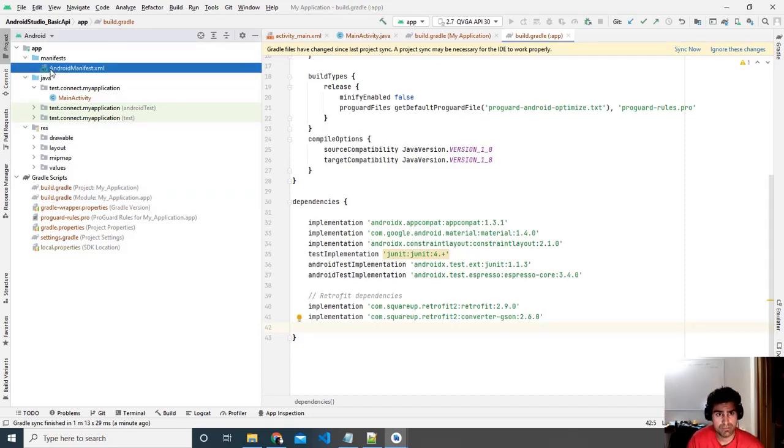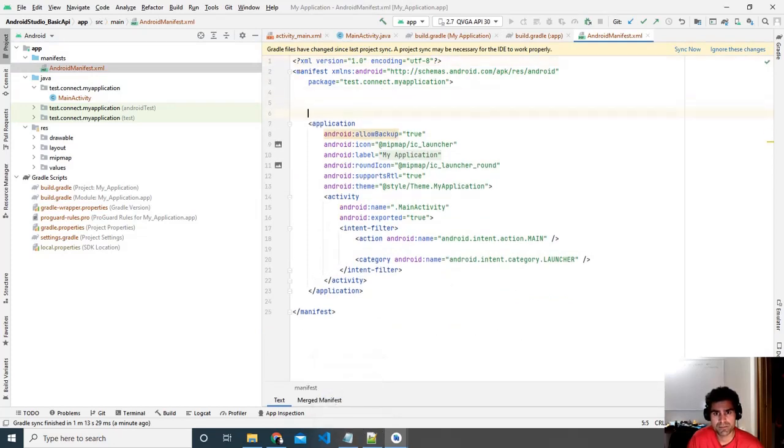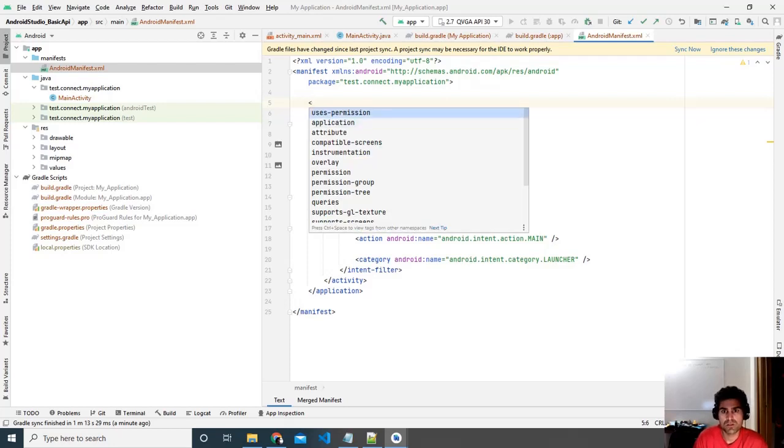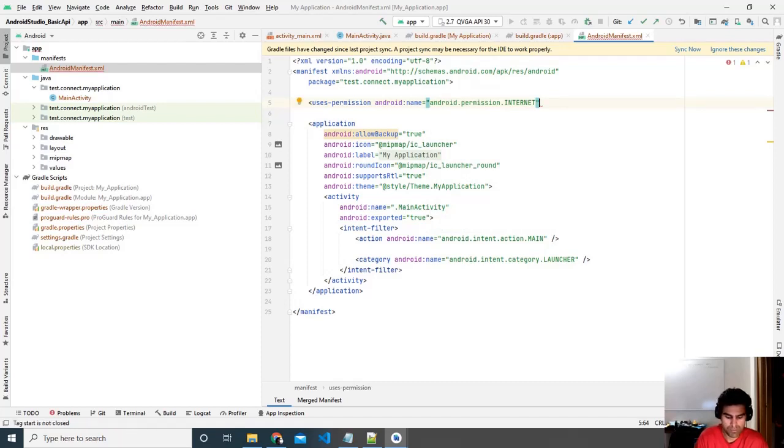And the next thing we need to do is just go to the manifest and seek permission. So this is permission, Android name, tell it we want to use it for the internet, and that's about it. So we're going to build Gradle now,